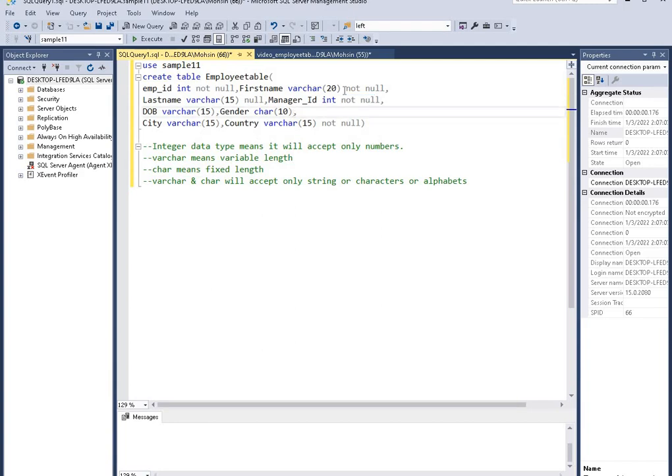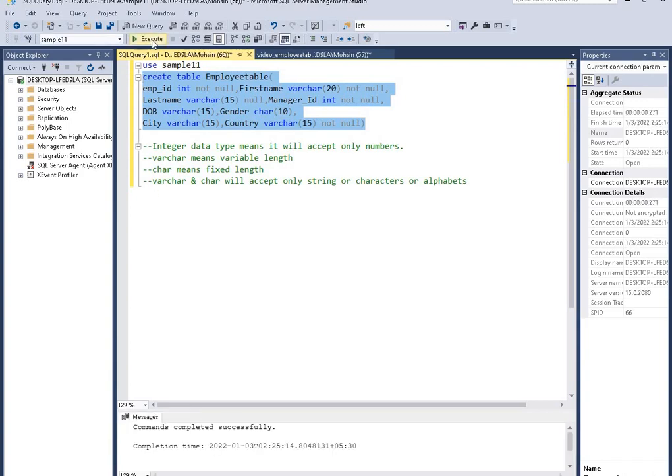Here you can see it. Let me create this table. Select and press F5. You can see here, command completed successfully.